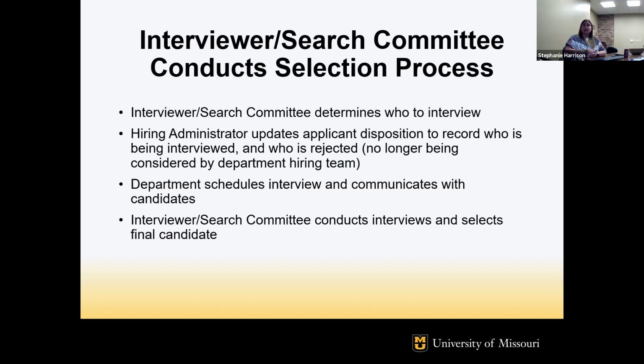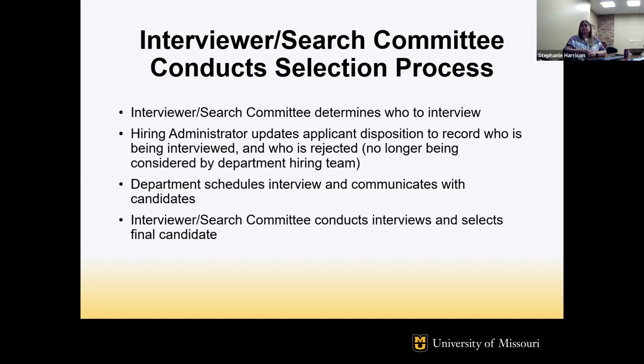Now, I will say, if you're going to reject someone that you think could possibly be considered if other people were to fall out of your applicant pool, then don't reject them quite yet. Because once you've hit reject on them, then you're not going to be able to see them in your list anymore. And you would have to email our office to either have them rerouted to you or whatever the case may be for that situation. So if you're for sure that you're not going to consider them at all, then you're welcome to go ahead and mark them as reject and send them correspondence, letting them know that they're not being considered.